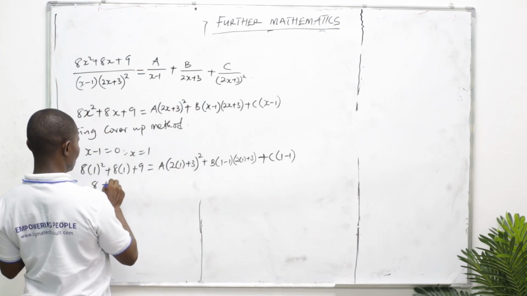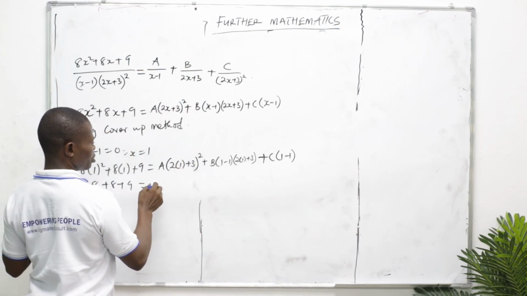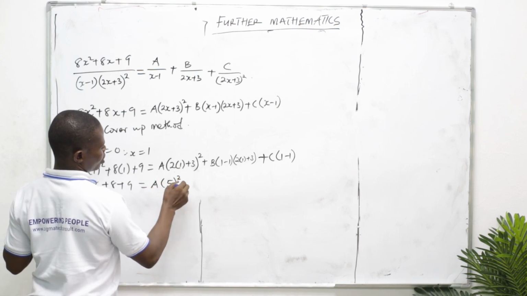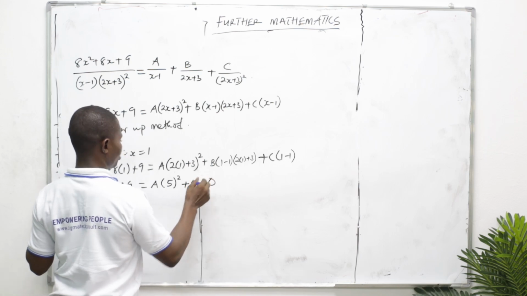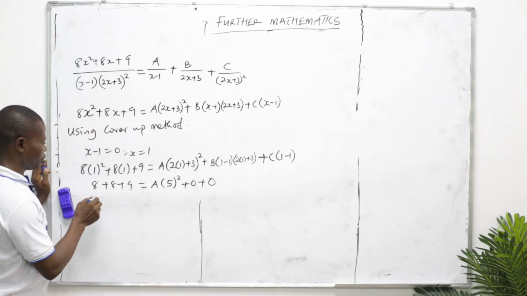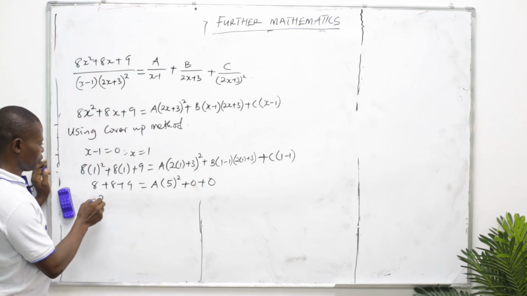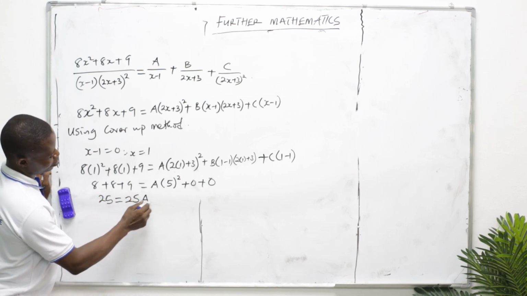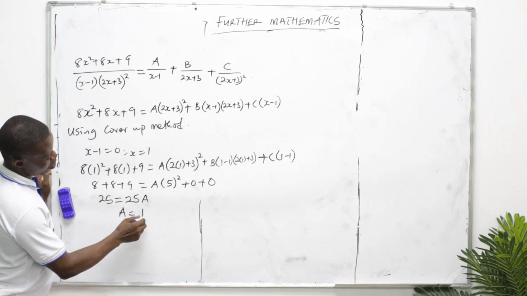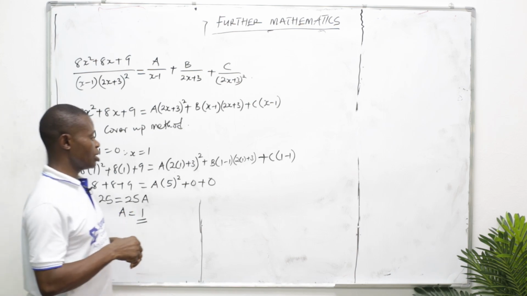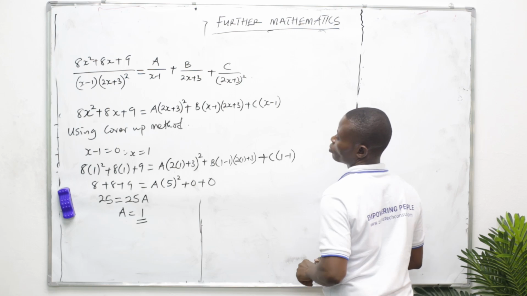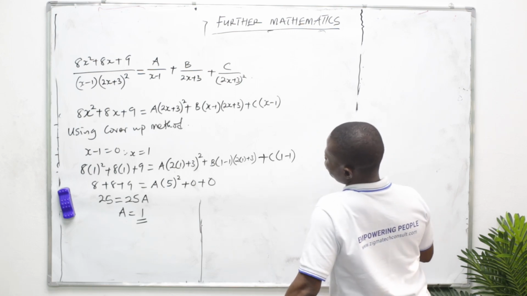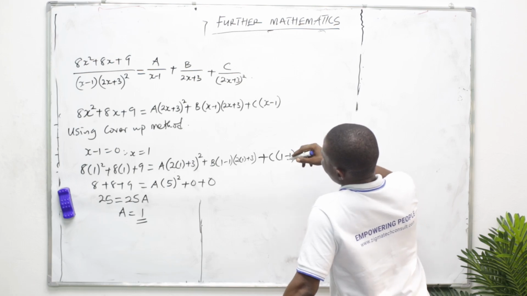This is 8 plus 8 plus 9 equals a into 5 squared plus 0 plus 0. So this is 16. 16 plus 9 is 25 equals 25a. A now equals 1. A is 1. So from this, if a is 1, we can also